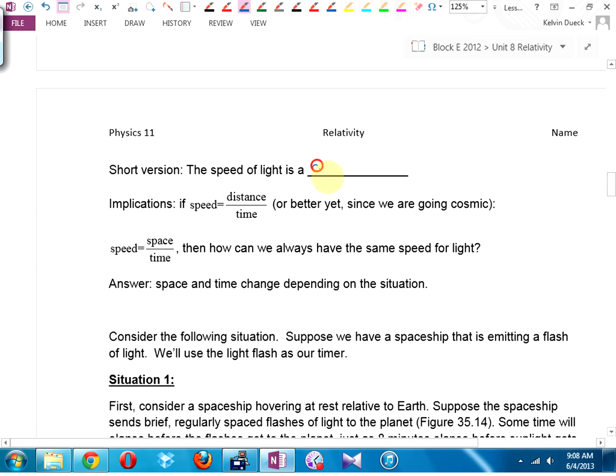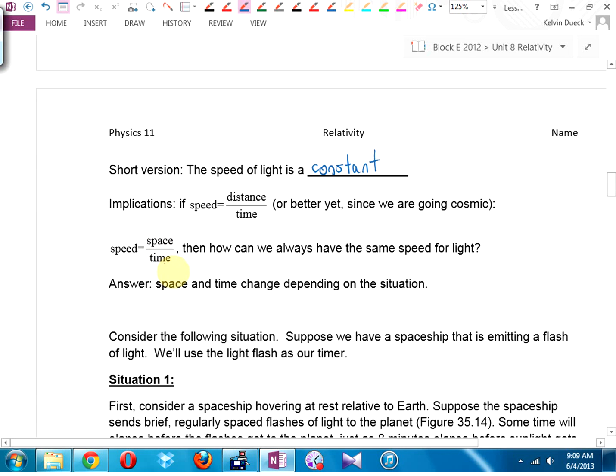The speed of light is a constant. What's the implication of that, Elijah, my friend? You want to sit up because this is going to rock your world, I'm telling you. If speed is distance over time, see the meters per second? Or better yet, since we're going cosmic, if speed is space over time,